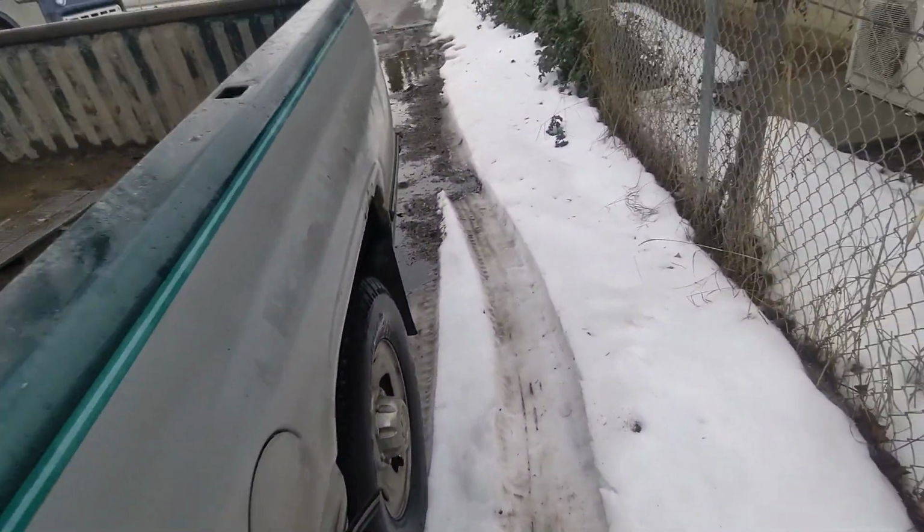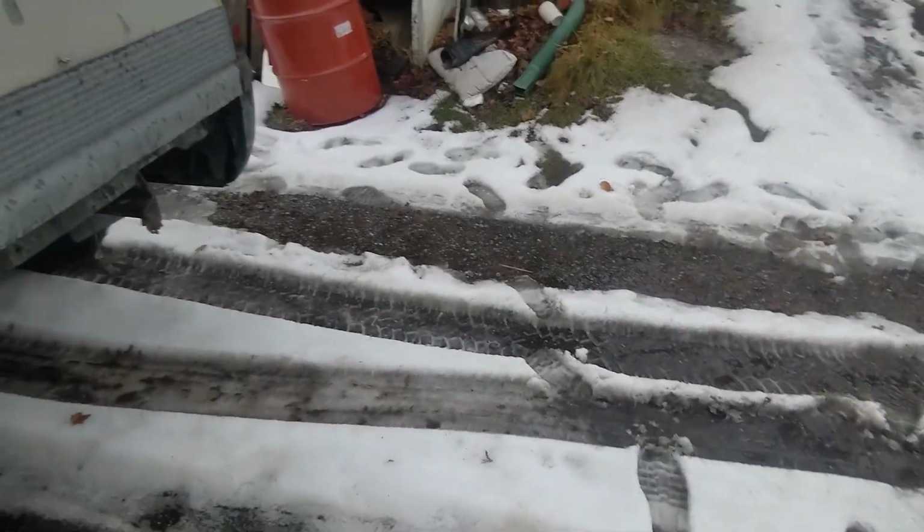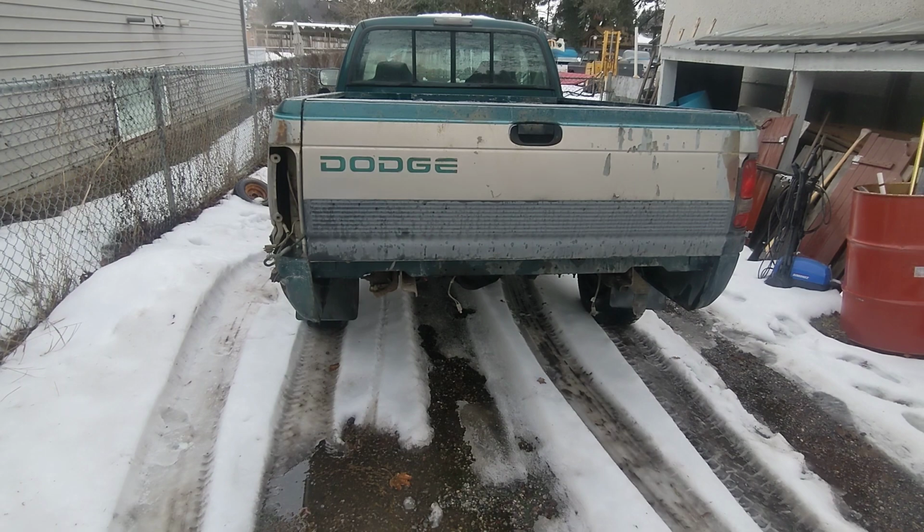All right. Well, y'all know anybody wants parts off of this other than motor and transmission, let me know. Because that tailgate ain't